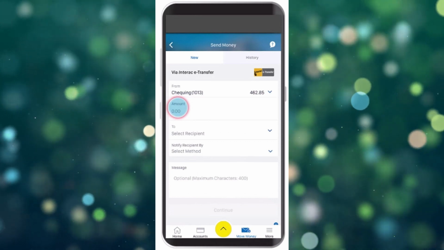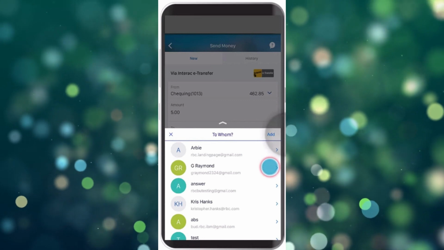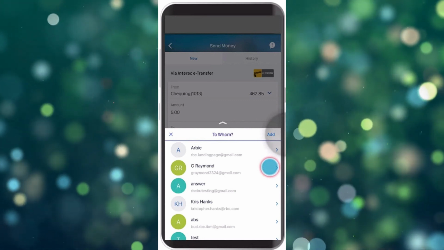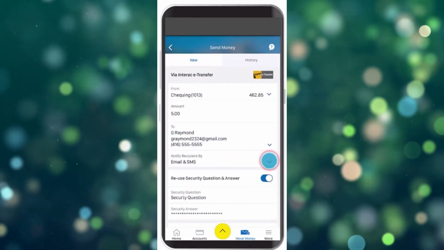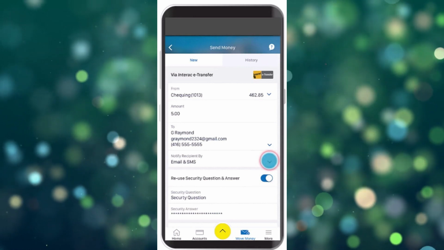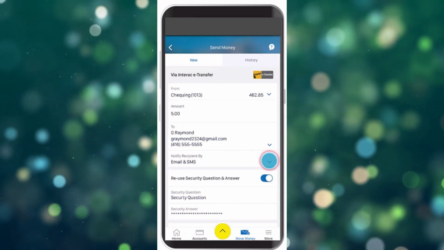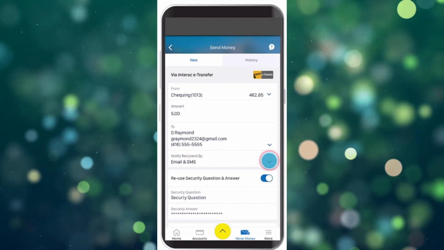Now once you have done that, simply tap on the option Done. After that, select the recipient. Now if you already have a recipient set up over here, you won't have to add, but if you don't have a recipient set up, you will have to tap on the option Add, which is right over here. Now once you have done that, tap on the recipient whom you want to send to,